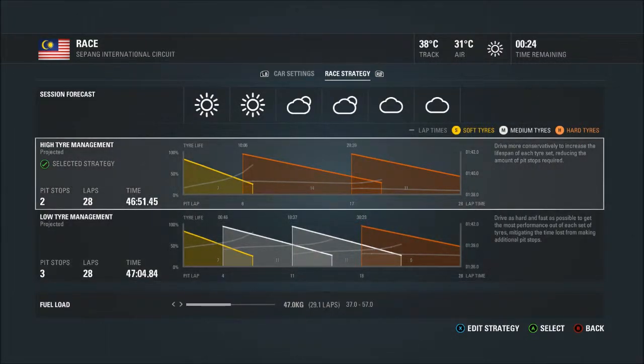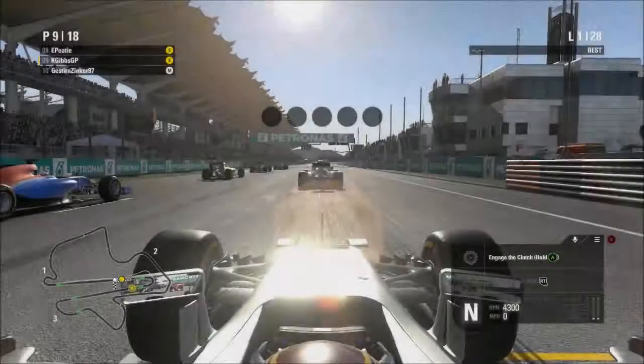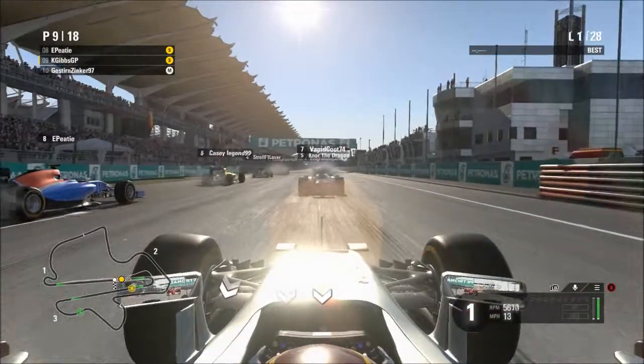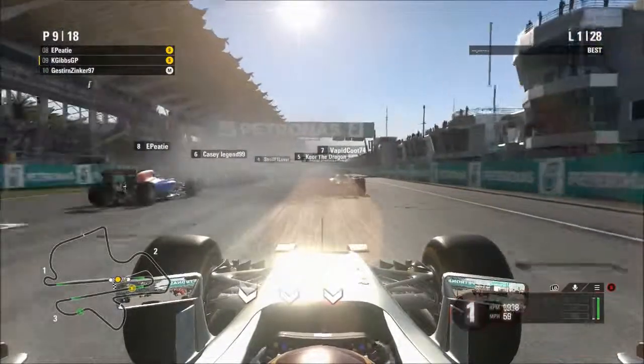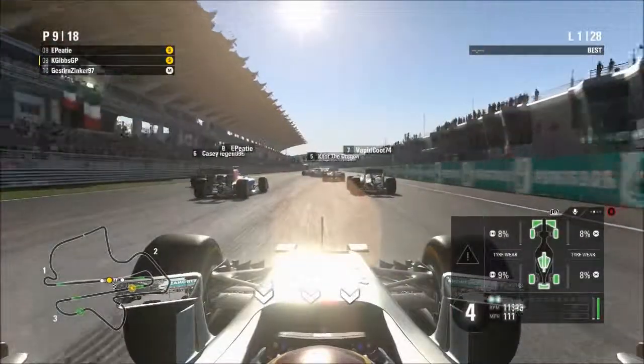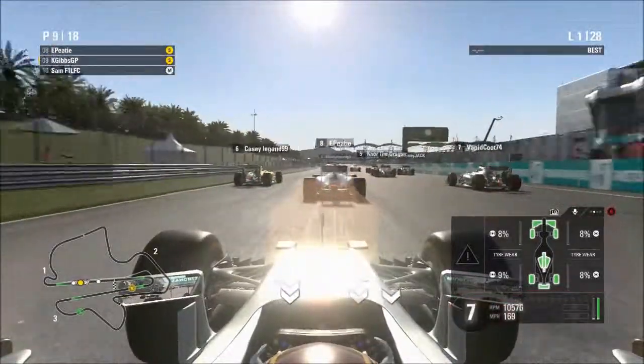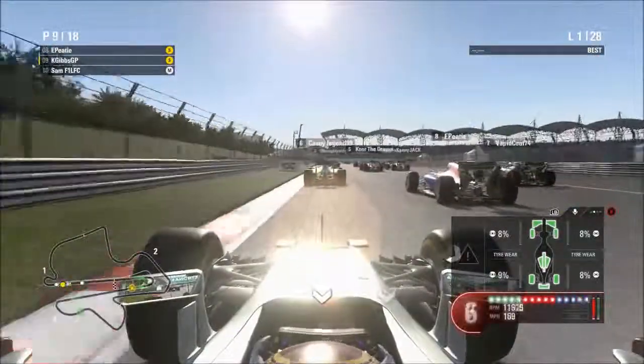Now, strategy-wise, it's quite a simple one. Soft tyres, onto that another set of hards, and then onto a second set of hard tyres for the final stint. So we have 5 red lights. Can we optimise this soft tyre stint at the start of this race when we'll have some really sticky tyres compared to those later on? Well, we'll have to find out as we get a fairly decent getaway, and we're going to take the outside